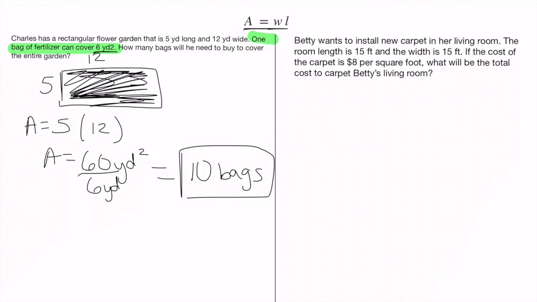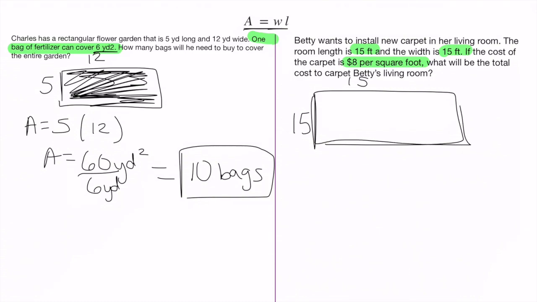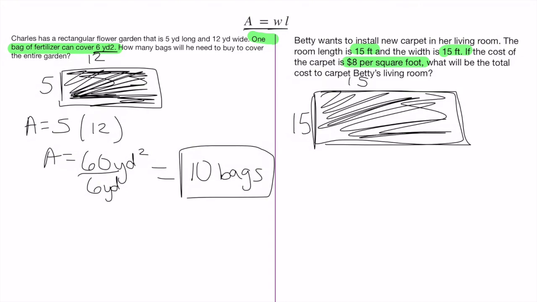So Betty wants to install a new carpet in her living room. The length is 15 feet and the width is 15 feet. If the cost is $8 per square foot, what will be the total cost of carpet for her living room? So we have feet by feet, and we want to know what the cost will be. Again, we aren't just doing carpet around the outside, so it's not going to be a perimeter problem. It's going to be an area problem because we want to find out how much we need for this entire piece. So to find the area, we have 15 times 15,